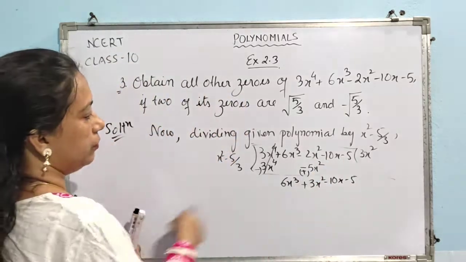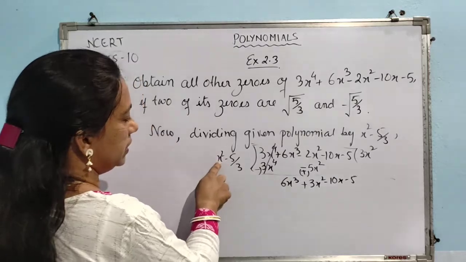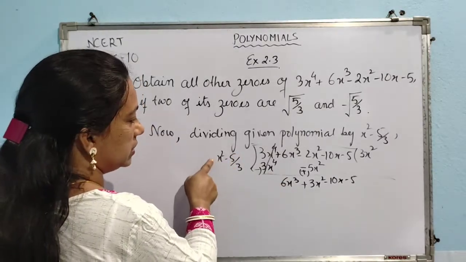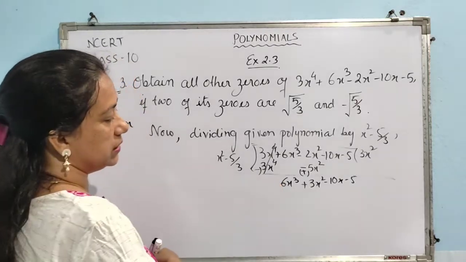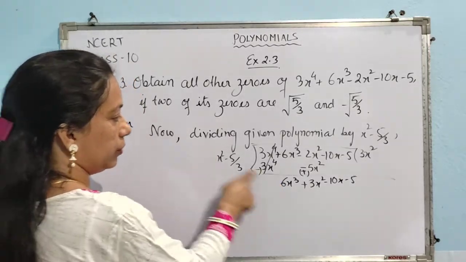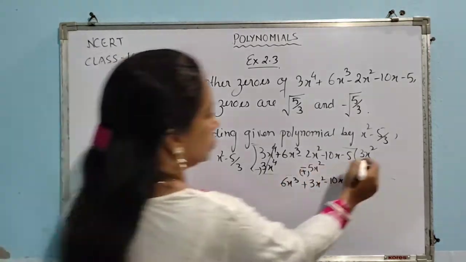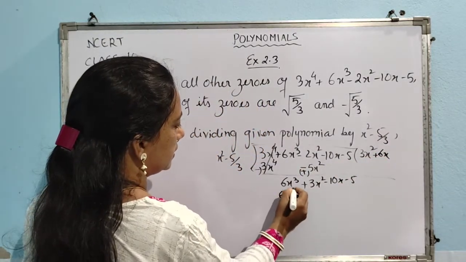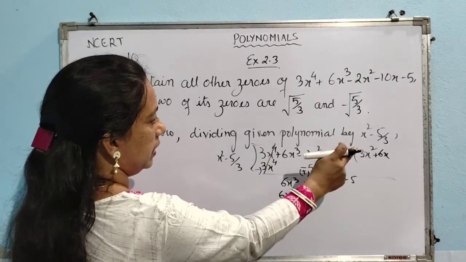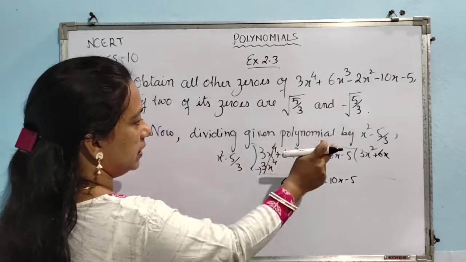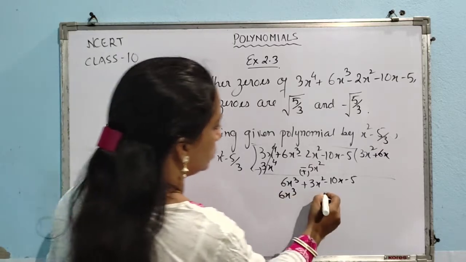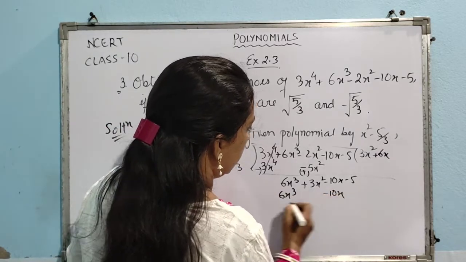Again see, we have x cube and here it is x, so we need one x. What about the coefficient? Here it is 1. 1 into how much gives you 6? 1 6s are 6. And what about the sign? Positive. So plus 6x, so we are getting 6x cube. Again minus 5 by 3 into 6x, 3 gets cancelled, 3 2s are 6, so minus 10x.